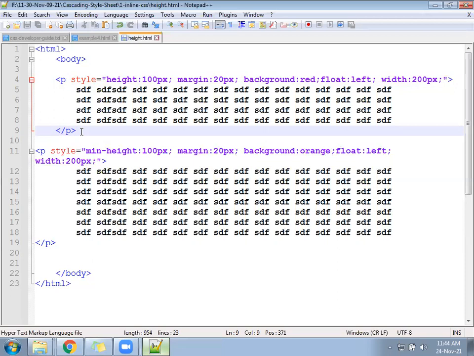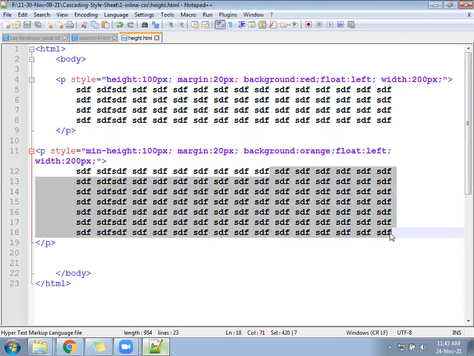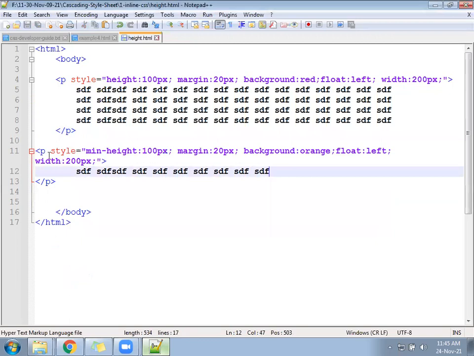Next, now after that we have the next option. What will happen if the content is less? Will the min-height get reduced or not? Let us check once. Now we'll go inside and reduce the content, remove the content, and identify whether it is going to happen or not. So we reduce the content and understand now.